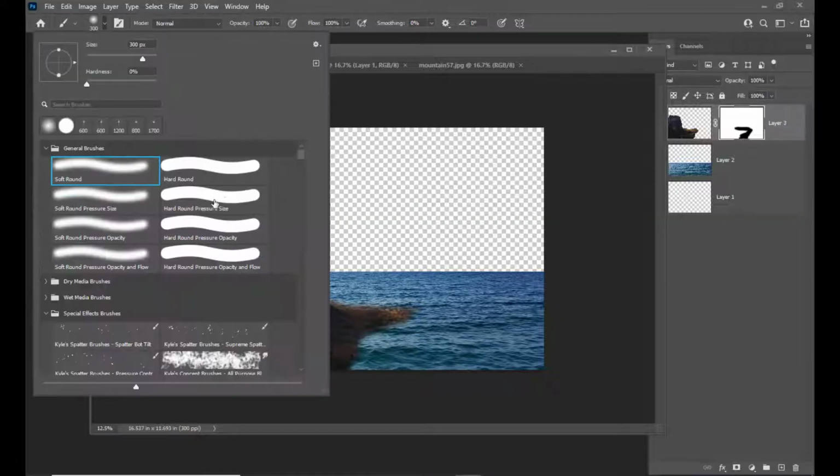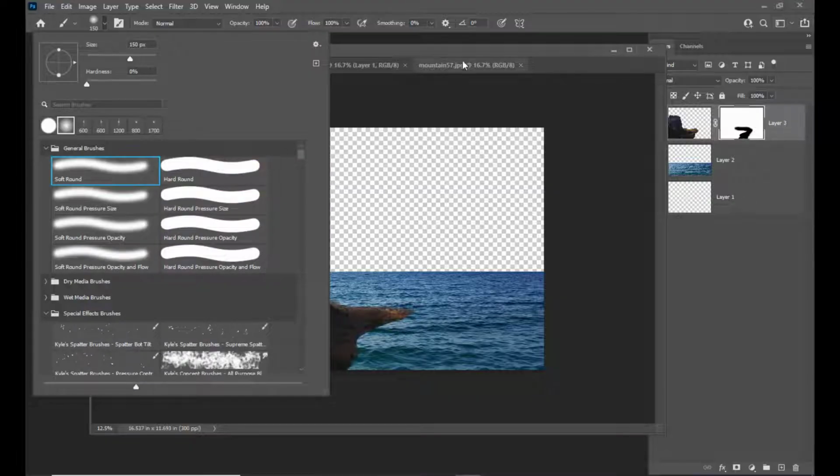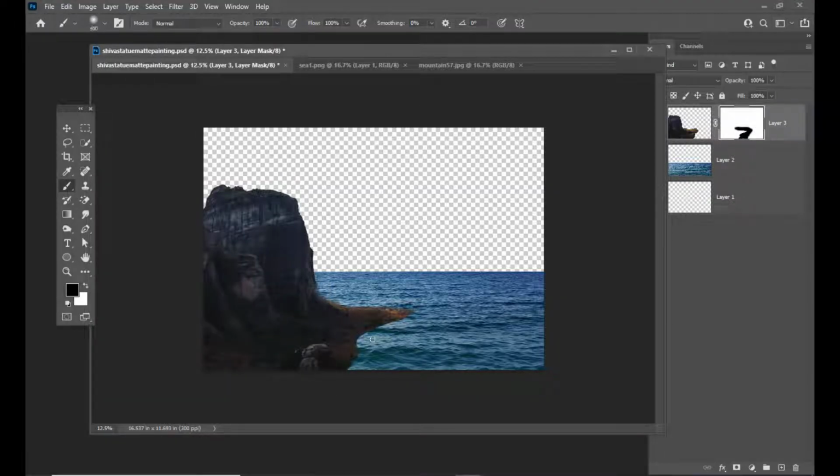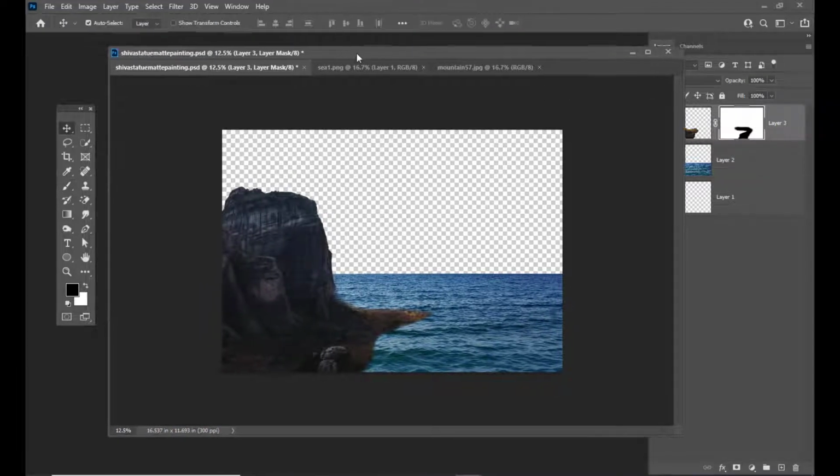And also we will just take a hard round brush and try to make the edges a little bit hard, not too hard, a little bit. We can again select the soft round, and then we can adjust it. Right. So the next step is we will now bring